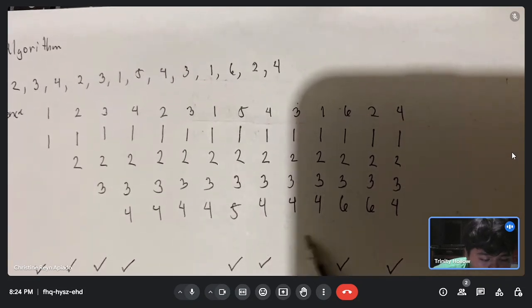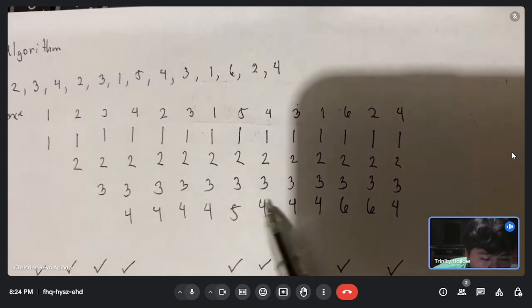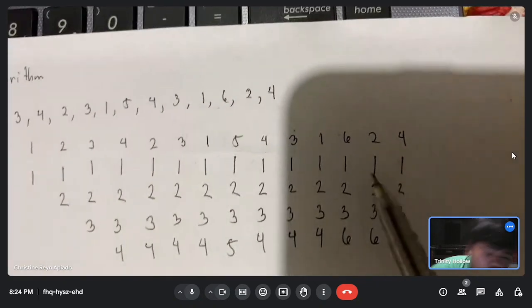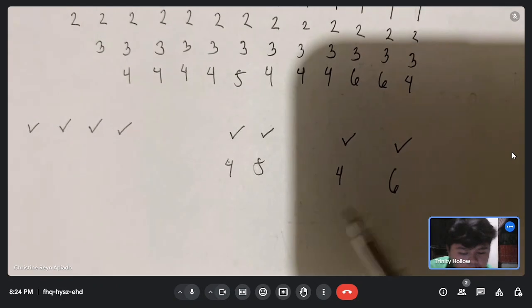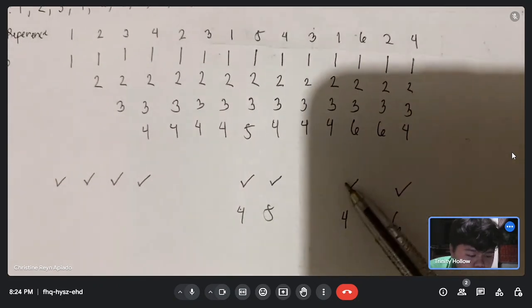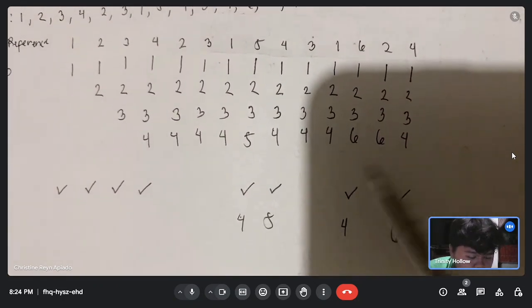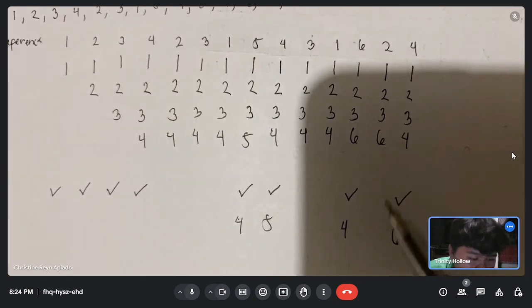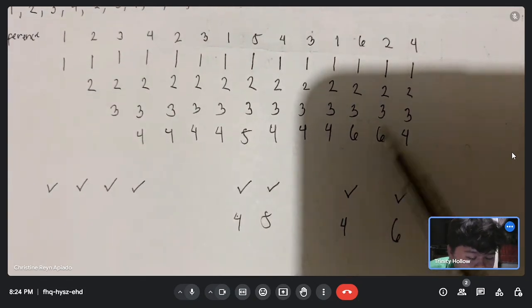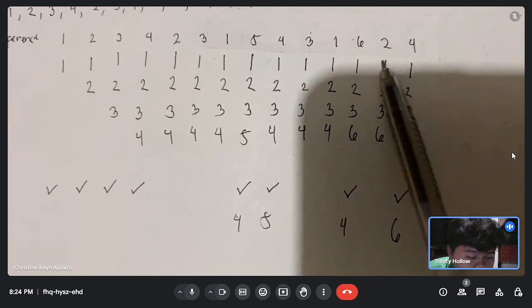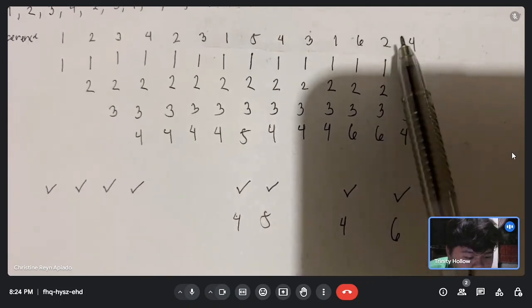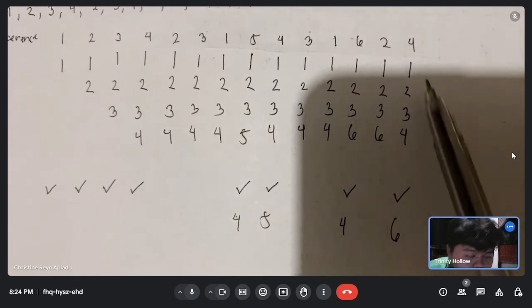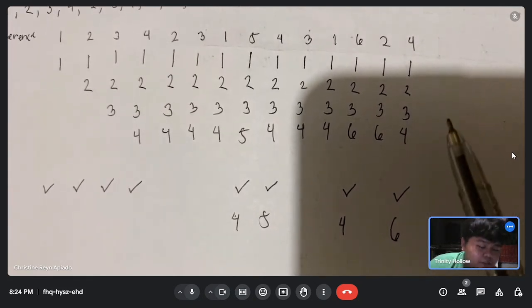Since there is no changes in it, we will just leave it blank. Then we come to given 6. Since there is changes, we check it. Then the 6 replaces the 4, so we will put the 4 here. Same as the given 2, there is no changes, and there is no given that has been replaced.